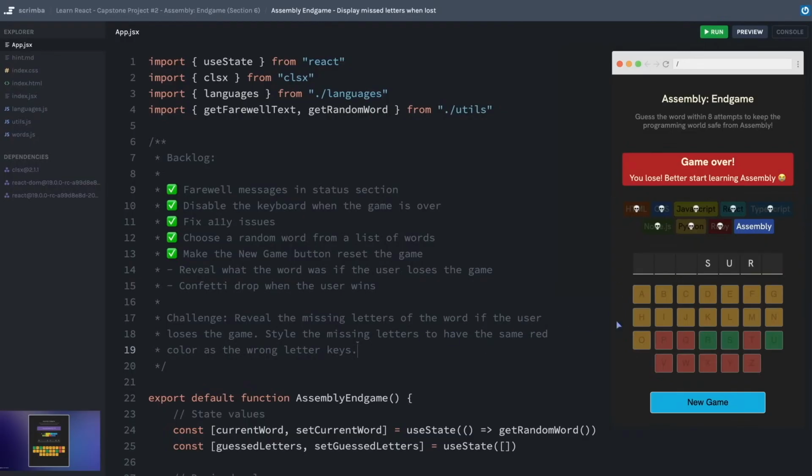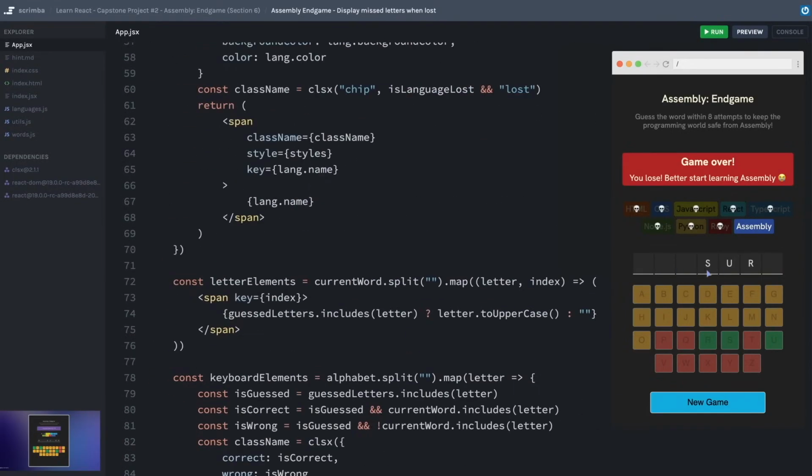All right, well, let's go down to where we are figuring this logic out of how we display the letters. And that's right here when we're mapping over the current word. I think the first thing I'll do is figure out the logic to display the missing letters only when the user has lost the game, and then we'll worry about styling them. The most concise way I could think to do this wouldn't be to conditionally render one span or another, depending on whether they missed that letter and lost the game or not, although that would have been a completely legitimate way to do it if that's how you decided to solve it.